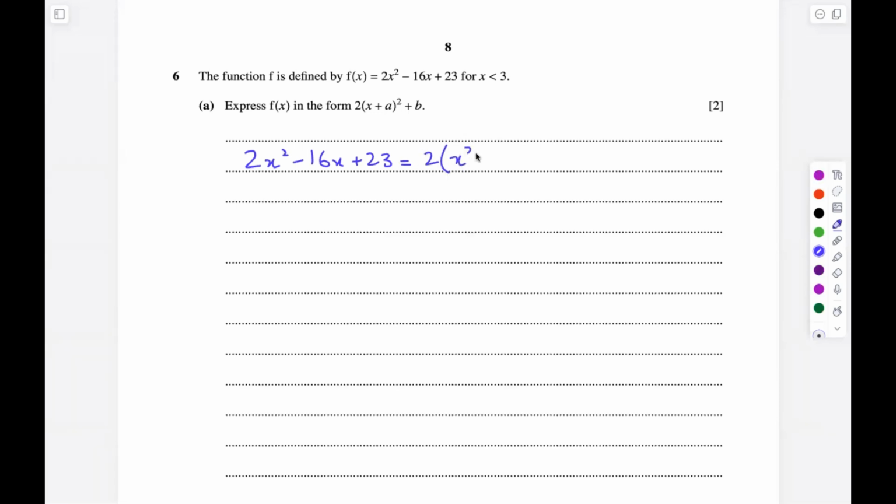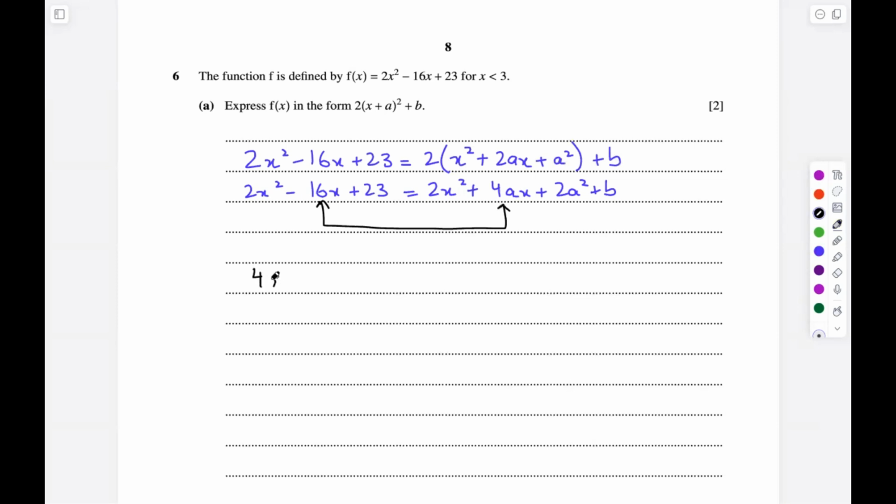First expanding, we'll get x squared plus 2ax plus a squared plus b. Multiplying with 2, we'll get 2x squared plus 4ax plus 2a squared plus b, and that is equal to 2x squared minus 16x plus 23. Now comparing the coefficients on both sides, the coefficient of x on the left-hand side is minus 16 and on the right-hand side it is 4a. So 4a equals minus 16 and a equals minus 16 upon 4,